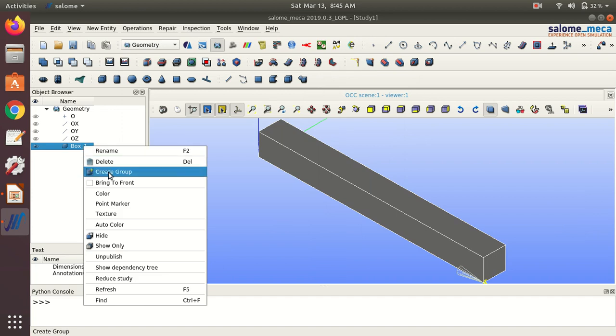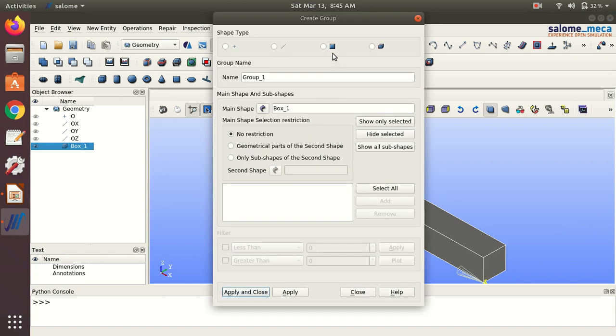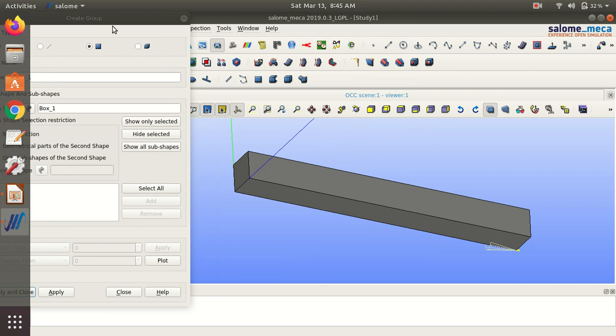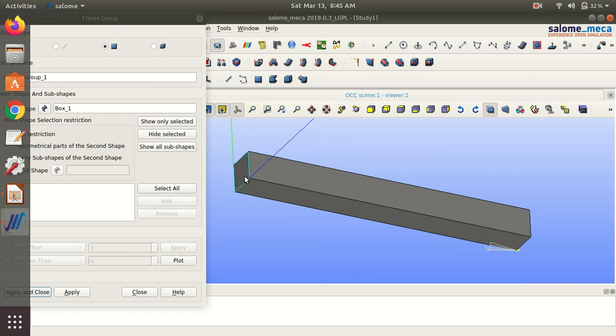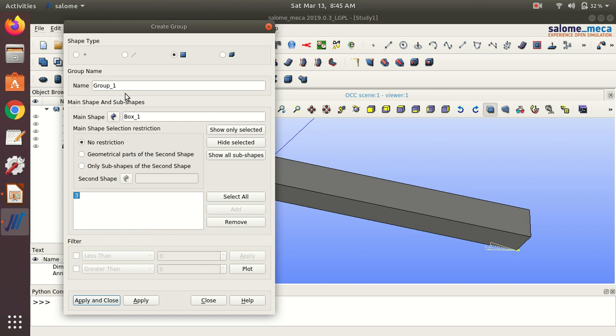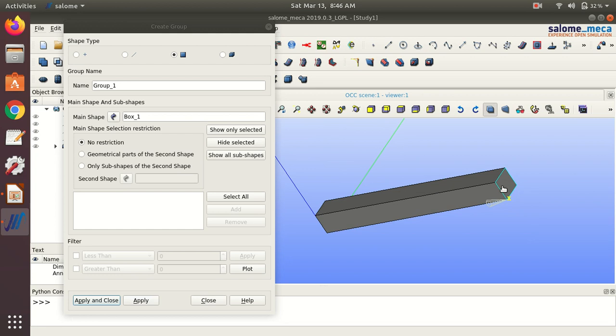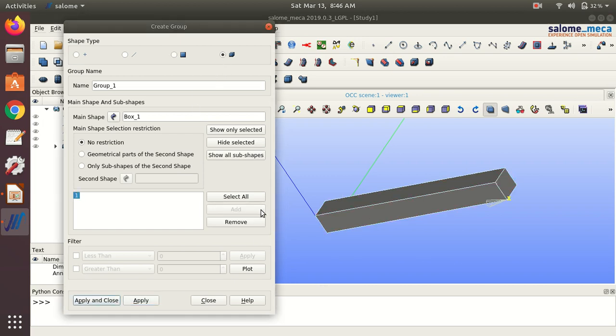Now we need to create groups. Create groups, face group. Just rotate using this. Okay. Add. This I'm going to fix, so I'm naming it as fix. Here I'm going to apply load actually. So click add load, apply. So there is a volume group, just select